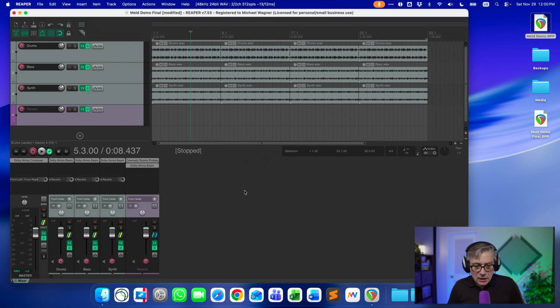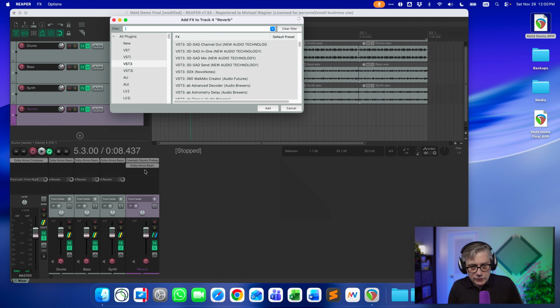So let's add Meld, and before we do that, we should probably talk a little bit about what Meld actually is. In its simplest form, Meld is a channel strip plugin, but it is a very special channel strip plugin because it allows you to communicate across different instances of Meld, and that allows you to control the parameters across an entire range of tracks or objects in your Dolby Atmos session simultaneously, and that makes it almost like a master bus. So what I'm going to do is add an instance of Meld first to the reverb track. That is a 9.1.6 track. So let me add Meld here.